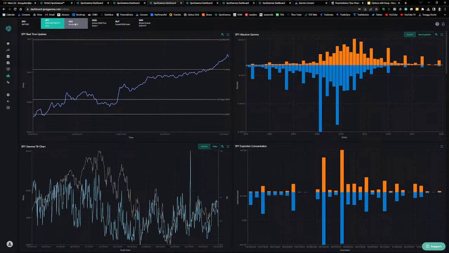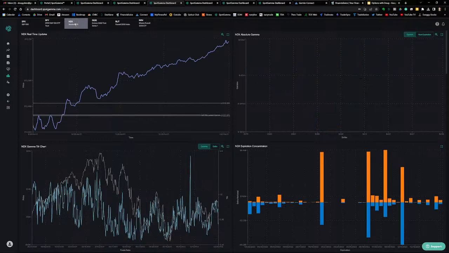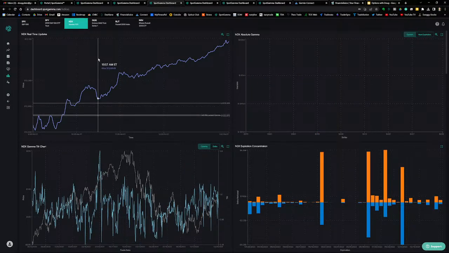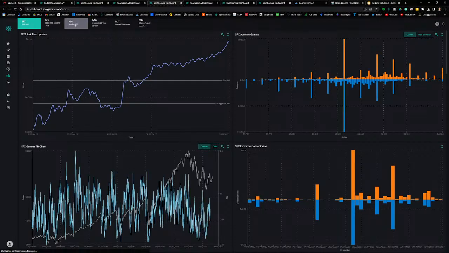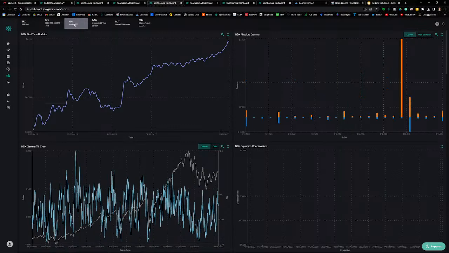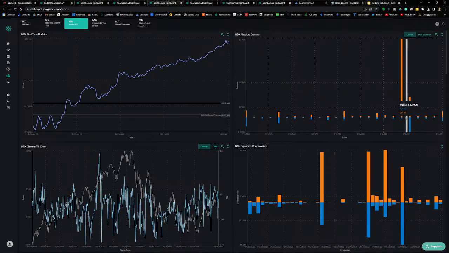And usually I have to do a refresh. We'll take a look at NDX and then QQQ. So let's go to NDX now. And really no need to zoom in on this. This is the 12,975 strike. And notice that is almost all call gamma. That is the key gamma strike as well as the call wall. And then the put wall is way down at 11,000.